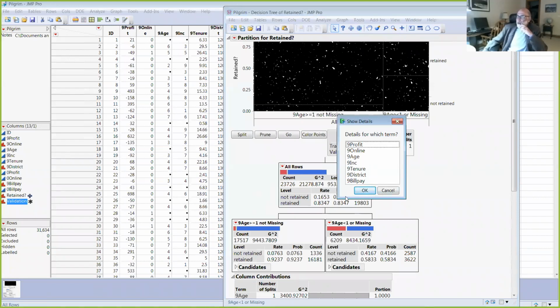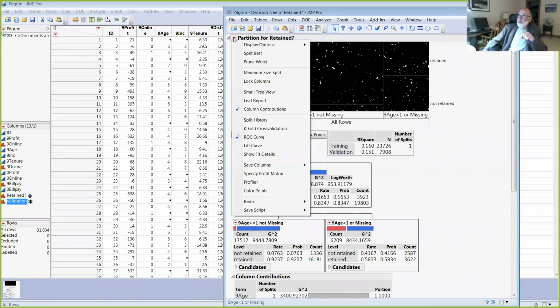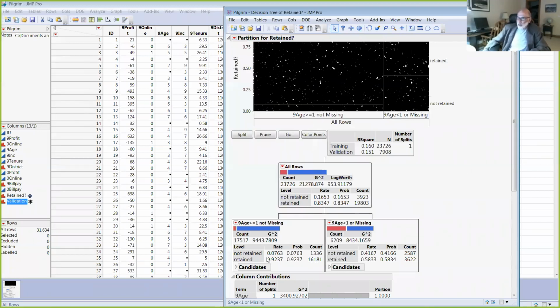Oh, yeah, you can get additional details. I wasn't sure if it was a default that it shows retained and not retained. Let me just make sure here. Yeah, if it's not showing up, this is where you want to go. Show split probability, and split count probably is good, or all of these is fine. But the split probabilities are the most important, I think, because if you look down here, it's saying that if